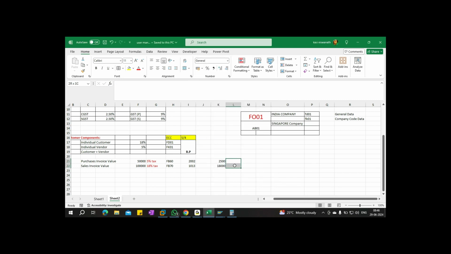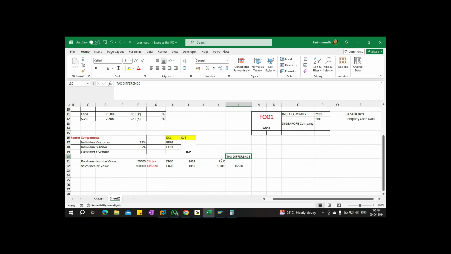So how much value? 15,500 is the tax defer value. Right? 15,500 we used to pay.